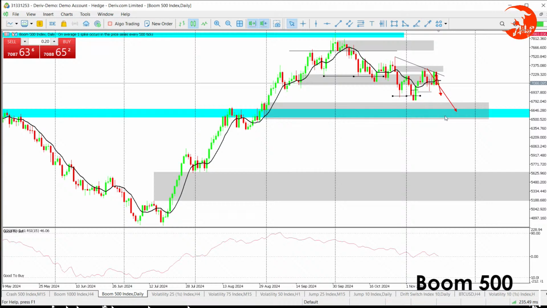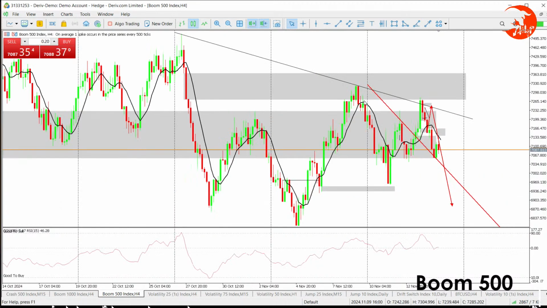And now we are looking for sells to come to this order block, which is the untested support level. It's untested there. So what we can do right now is head over to H4,